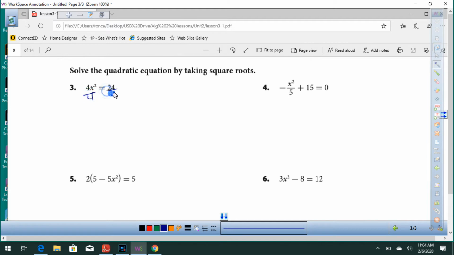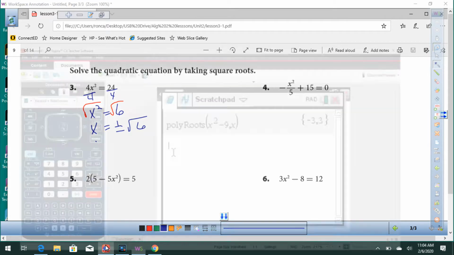Divide both sides by 4, and you got x squared equals 6. Take the square root of both sides, and you have x equals plus or minus the square root of 6. If we do it in our calculator,